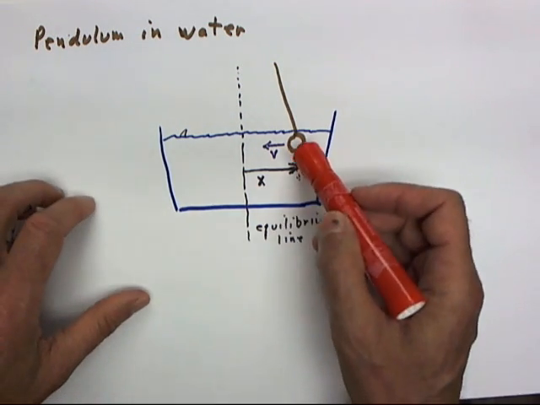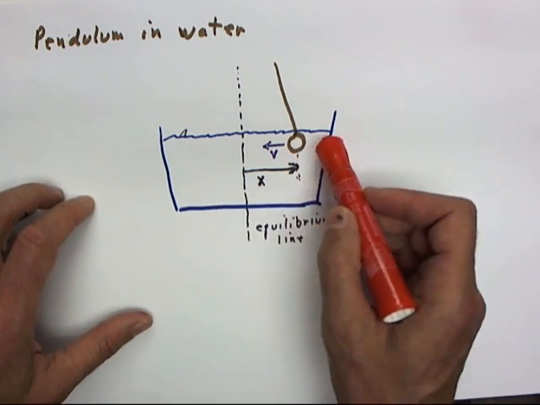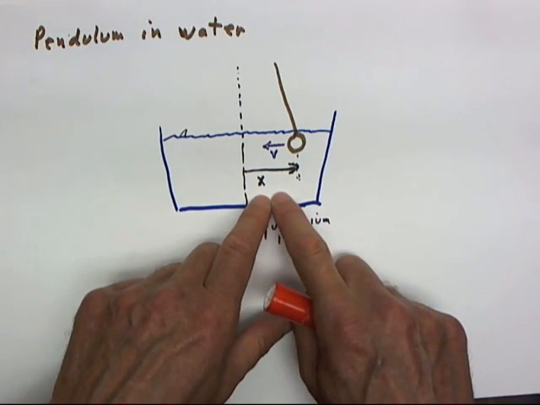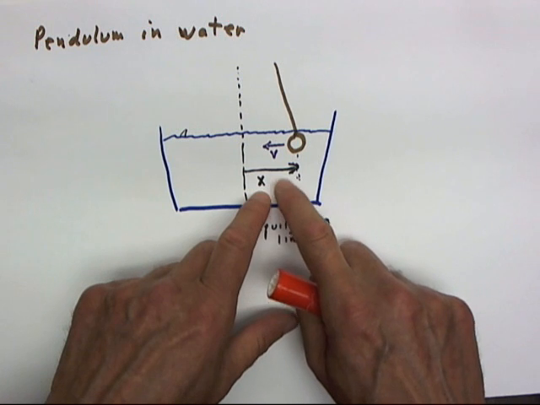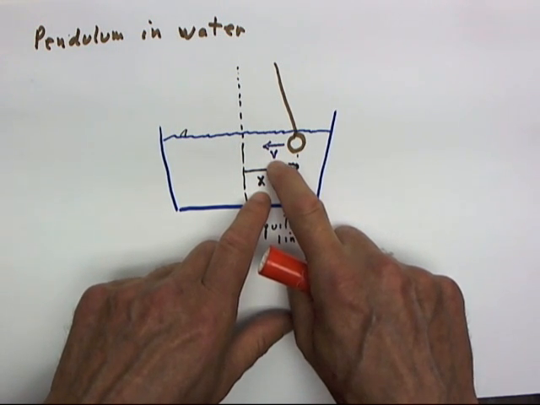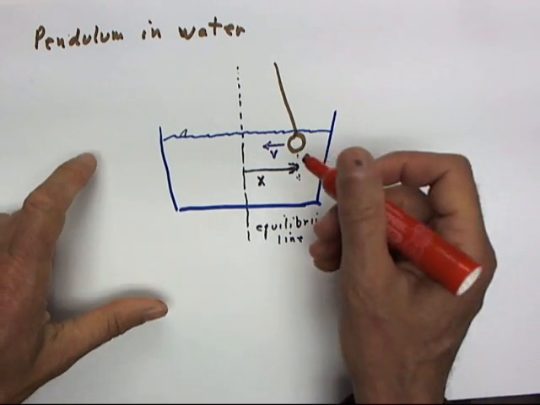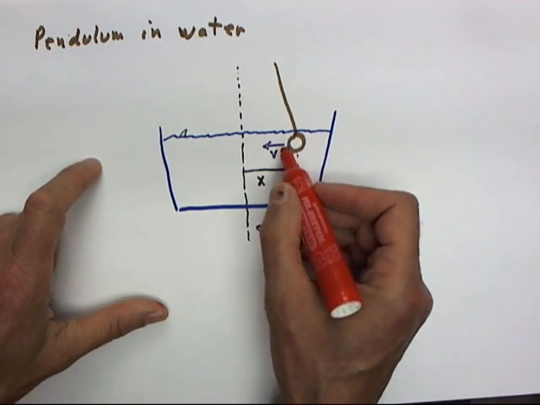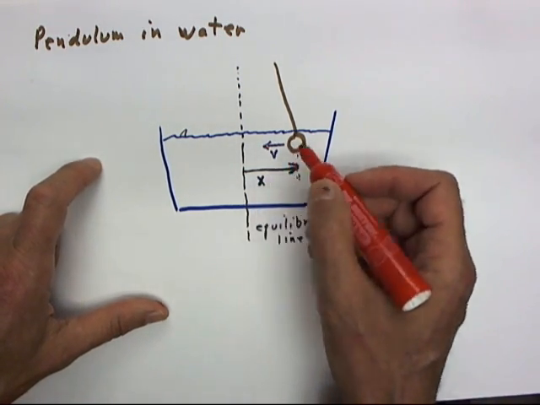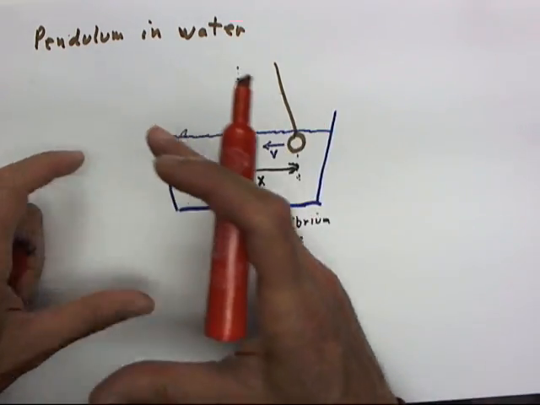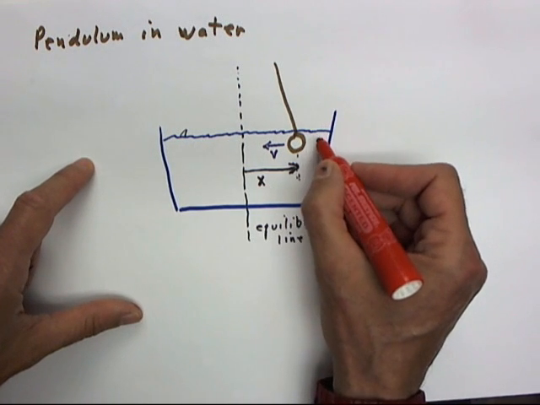When a pendulum is swinging through the water, at any given instant it'll be at some position x being a function of t, and it'll have some velocity v, the velocity being a function of t. It will experience a drag force in the direction opposite its velocity. Moving in this direction, it has to move water out of the way. The water pushes back, and you get a force